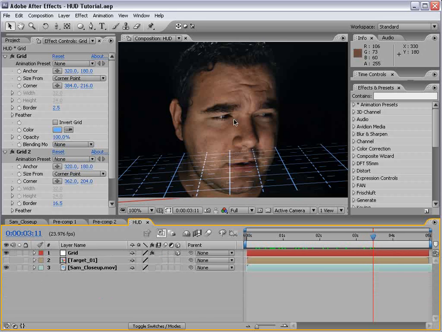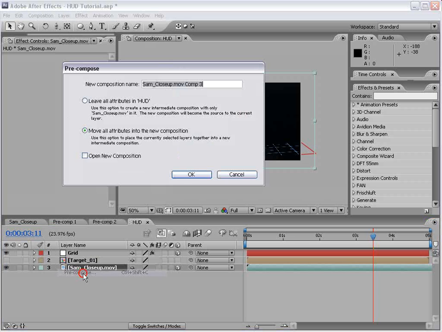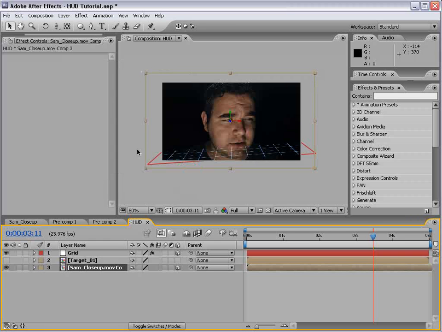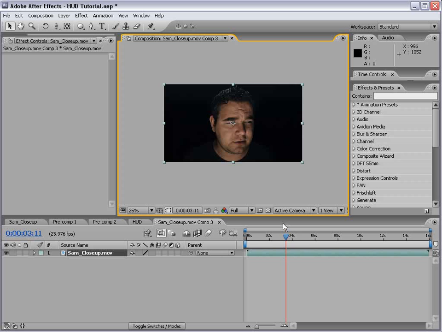The other thing we want to make sure we do is make our SAM close-up footage 3D, and then actually we'll pre-compose it, and let's leave all attributes here. And the reason why is that way it stays full screen, and then we can move it around when the camera moves. But then if we Alt double click on it, we can come into the comp where it's full